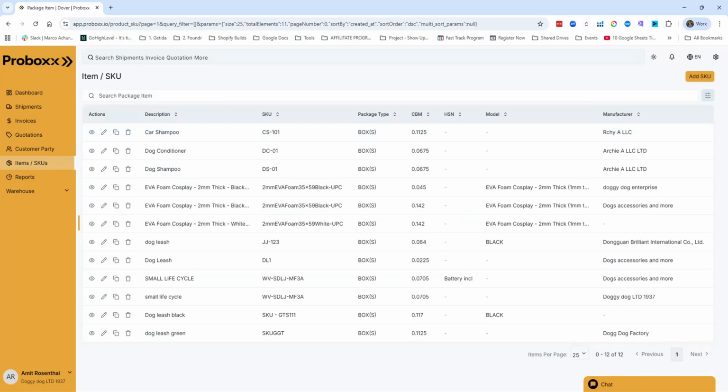Excellent. You've now completed your data foundation setup with both customer party and product information. This information will make requesting codes incredibly fast and efficient. But before we jump into creating codes, in the next section, we will discuss two important concepts that will help you make the right choices when creating or requesting a code.